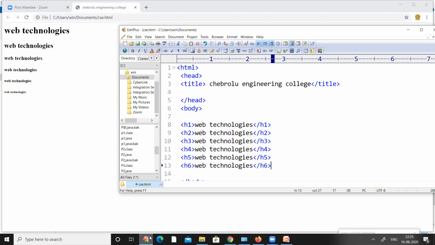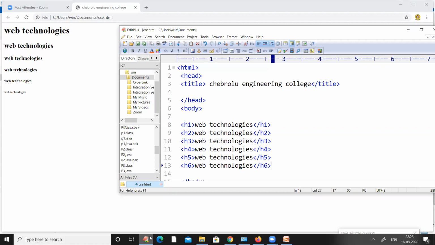You can clearly observe the content in between the H1 was somewhat bigger in size than the others, and the content in between the H6 is the smallest font among all the headings. So we can use any type of heading according to our need.